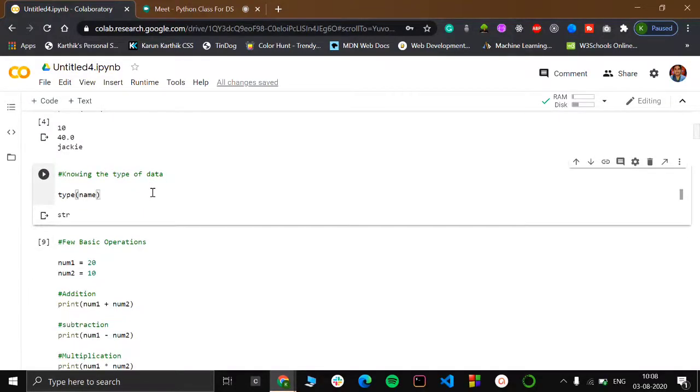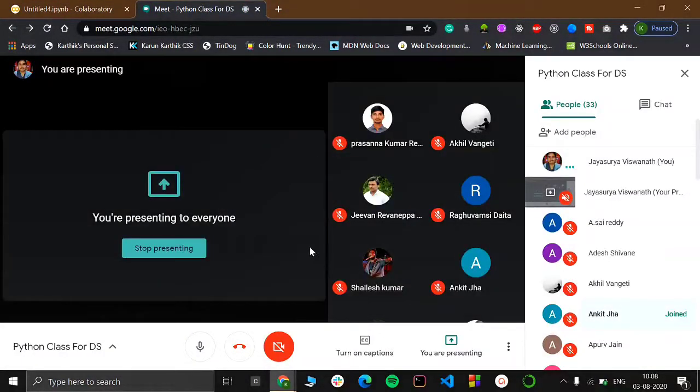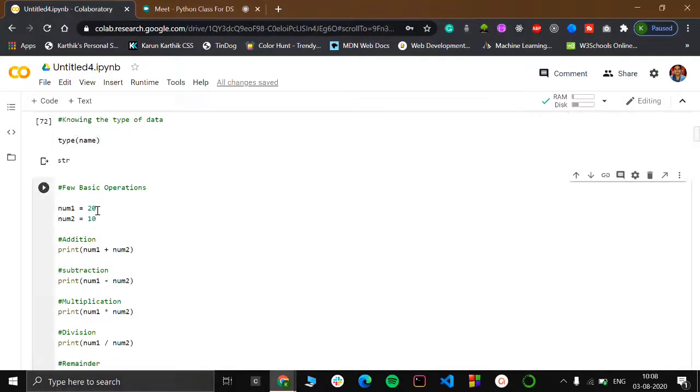And next, there are a few basic operations which you should know. I have declared two variables and assigned the value 20 to num1, and for num2 I have assigned a value of 10.